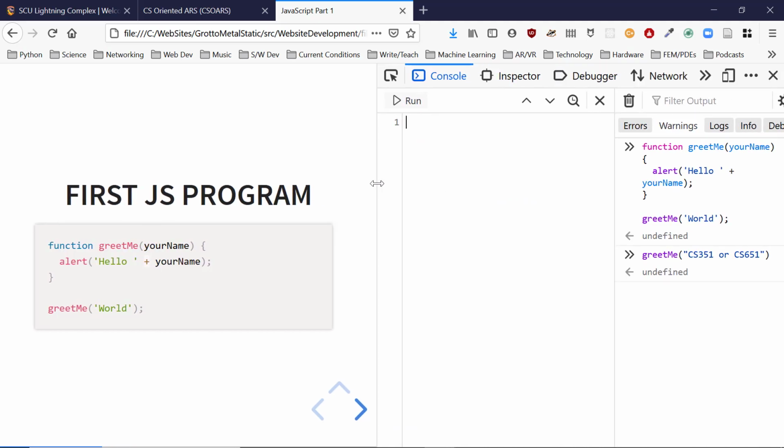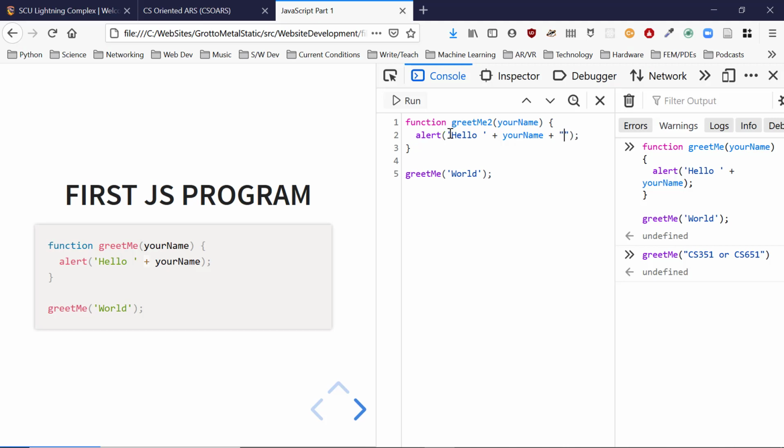I can do my copy and paste thing, but instead over here is a multi-line editor, so I can say greetMe to your name. I've got an editor here. Hello, your name plus,